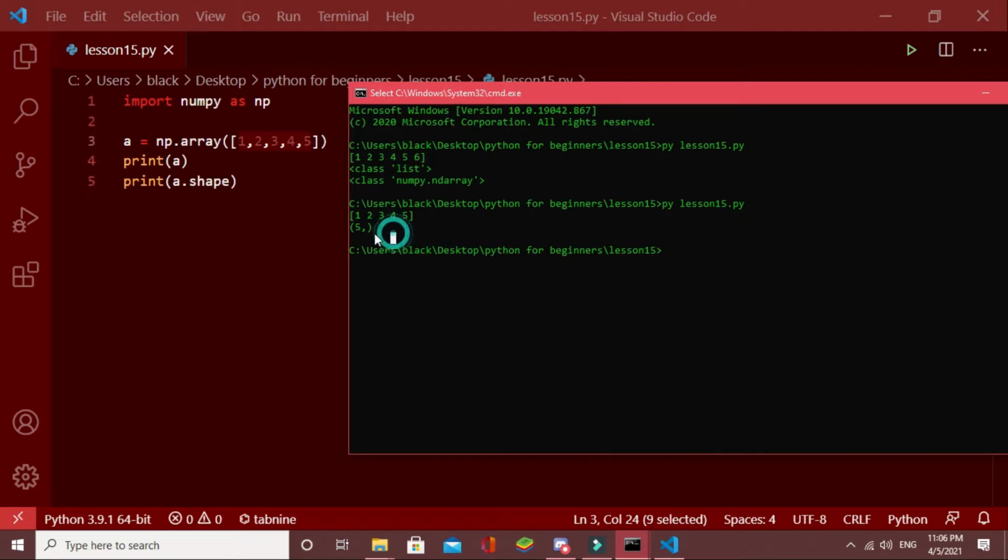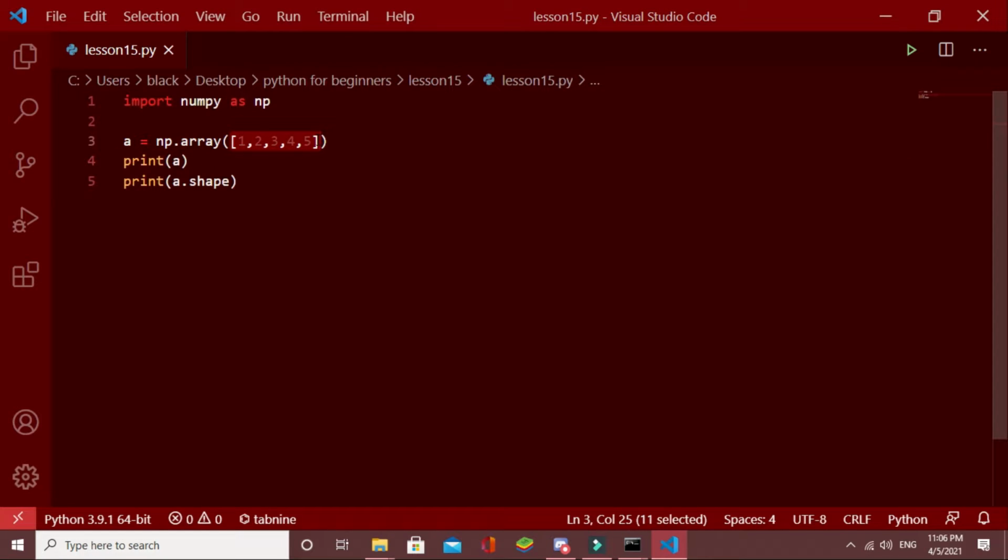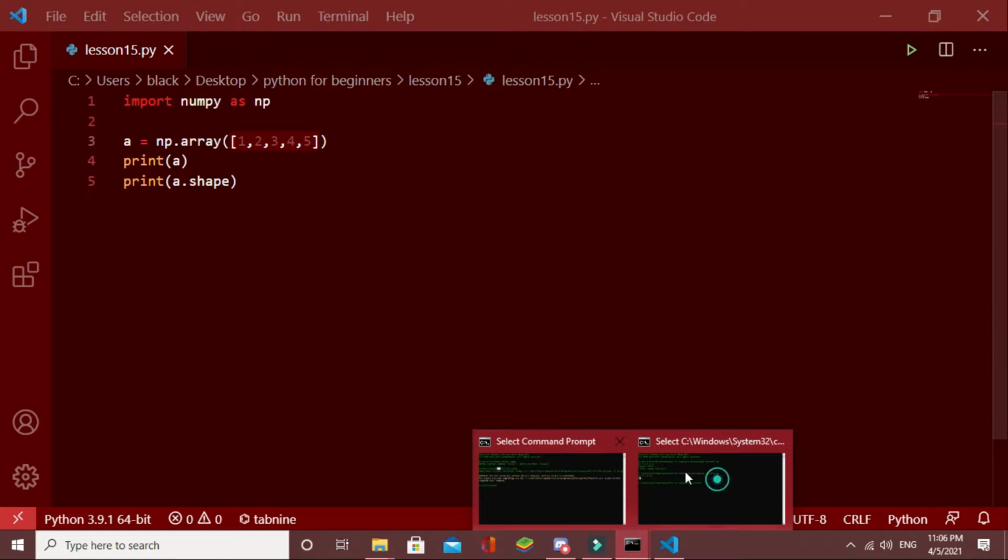And here there is a comma and there is nothing, which means inside this parenthesis there is only one number. This one number means it is a one-dimensional array. If this was a two-dimensional array, there should be two numbers.